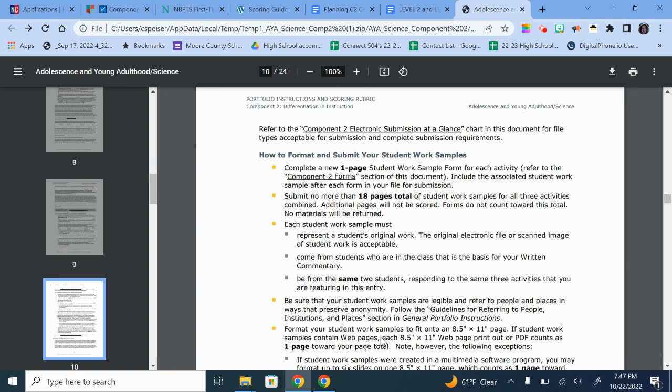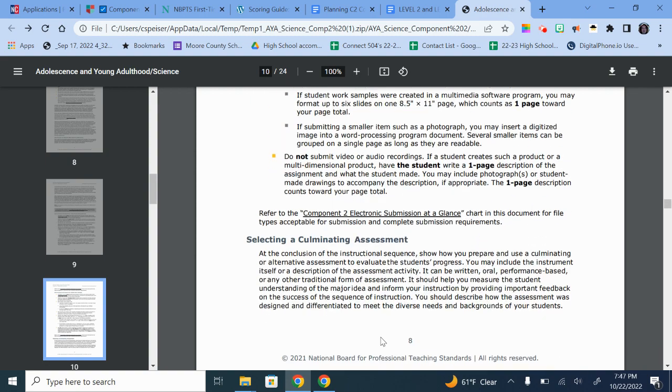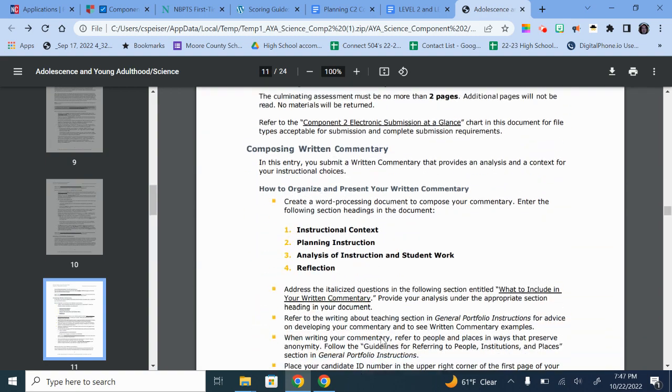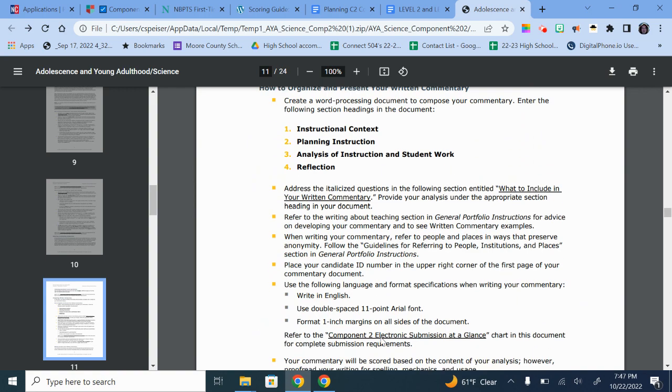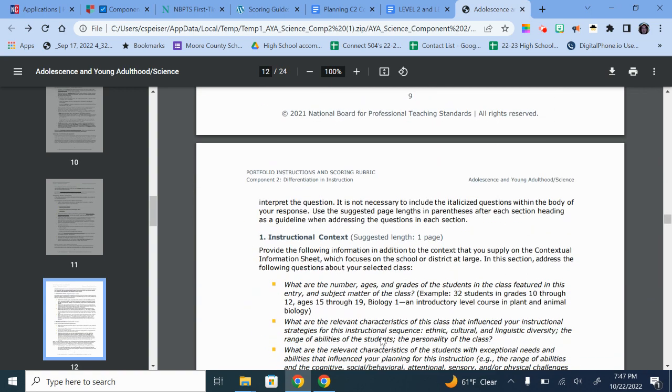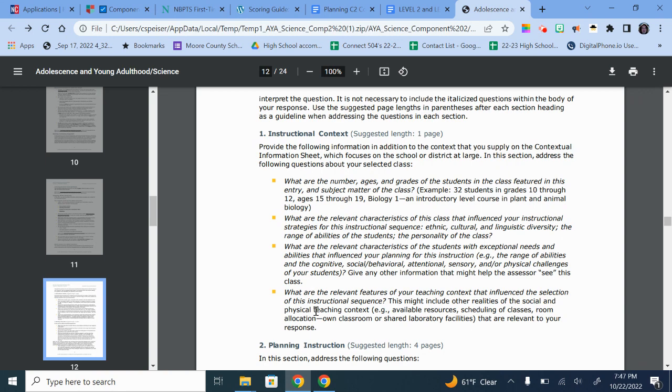So take a look at that. Again, highlight all the information so that you have what you need. Now, when you get to your written commentary, this will have a list of these prompts that you have